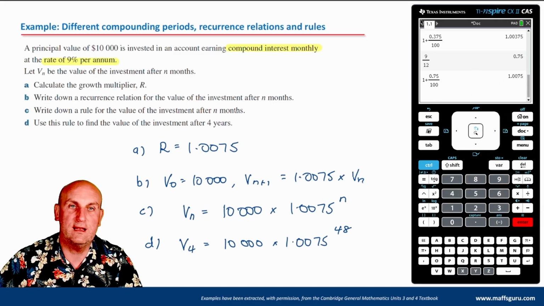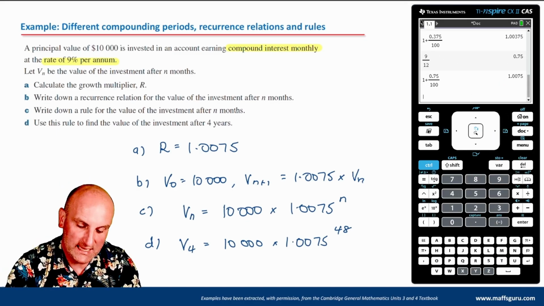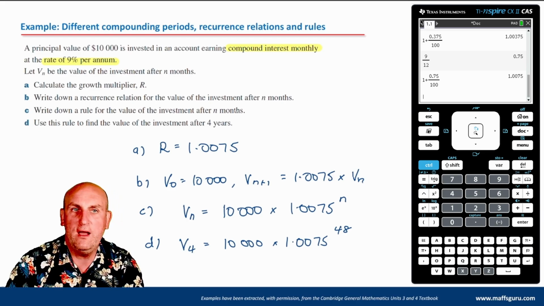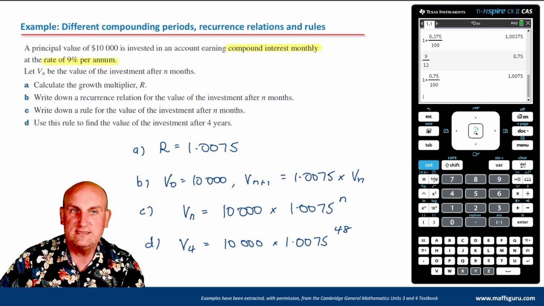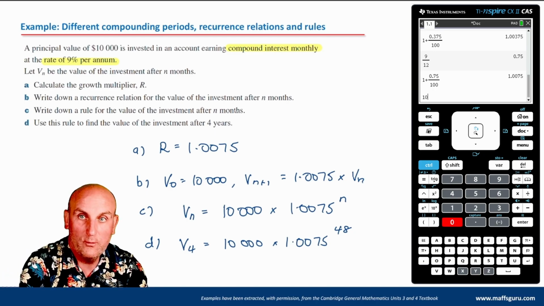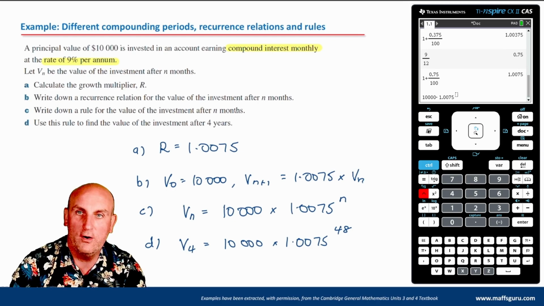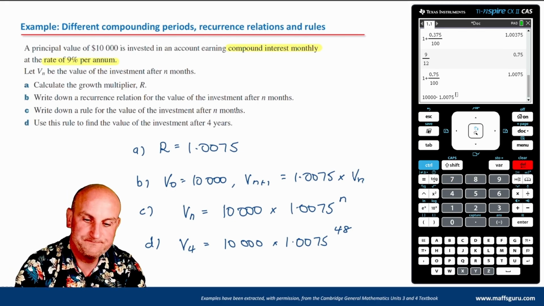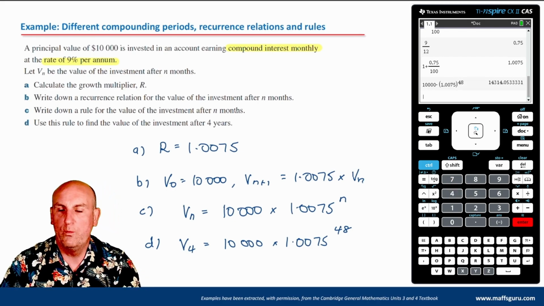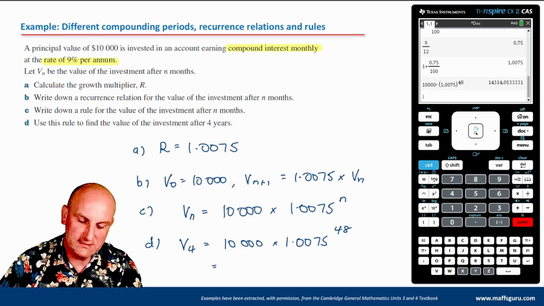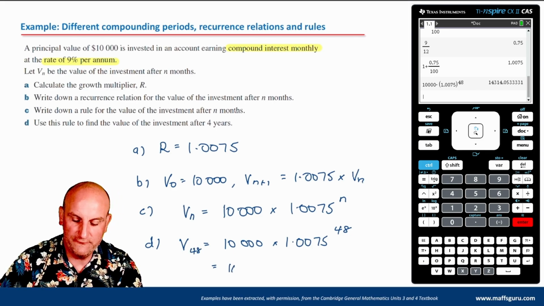All right, let's fire up my calculator and just do that then. So 10,123 times 1.0075 to the power of, he says. So let's actually type this in now. 10,123 times 1.0075 to the power of 48. Hit enter, and what do we get? Right, so we use this value to find the value of the investment. I'm not going to write 4 there, I'm going to write 48 because it's 48 months, and in which case it's going to give me